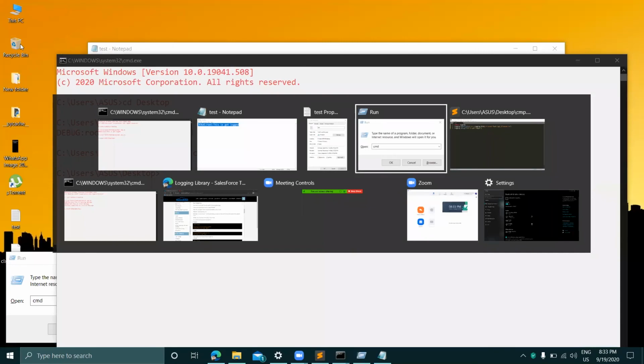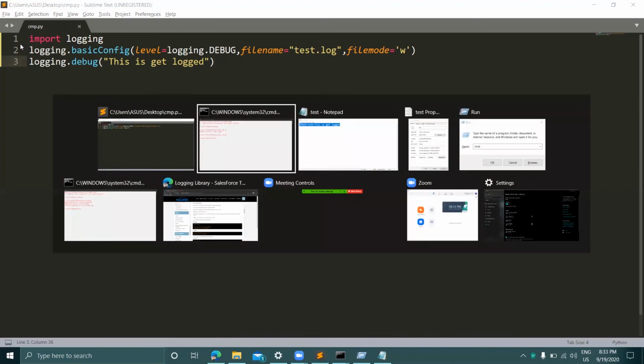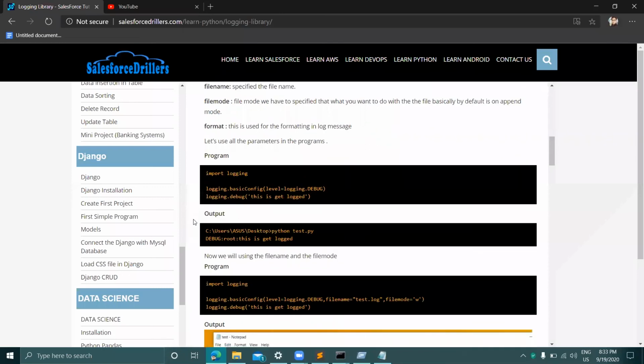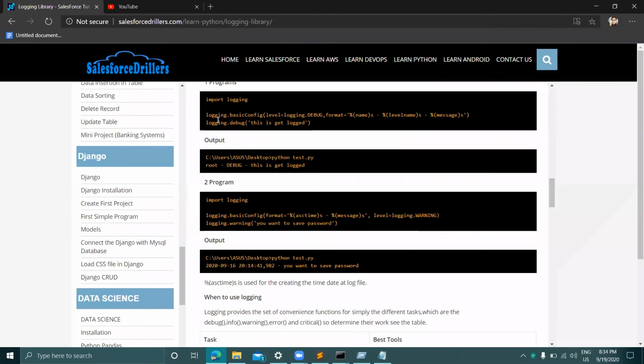Okay, so now we will see some program again. If you prefer, you can check the documentation. Okay guys, so here we are using the level and filename, and now we will also use the format.